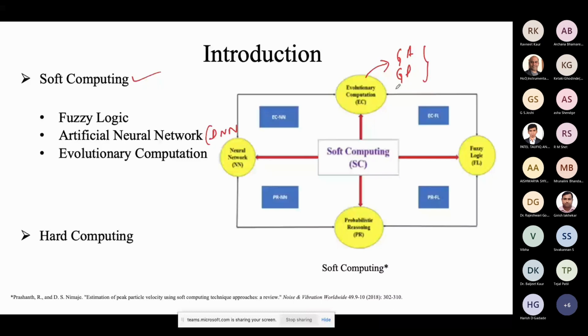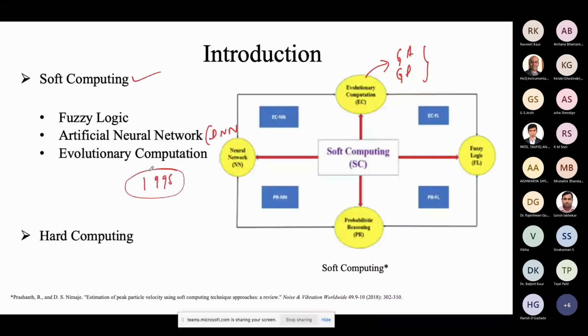And another one is fuzzy logic. Fuzzy logic is again a different area that comes under soft computing itself. Neural network again comes under soft computing, right? Probabilistic reasoning is again. So all these are different areas that come under soft computing, right? So this is a bigger umbrella, I can say, soft computing, where we have these things, right? So the soft computing term was given by Zadeh himself around 1995, right?